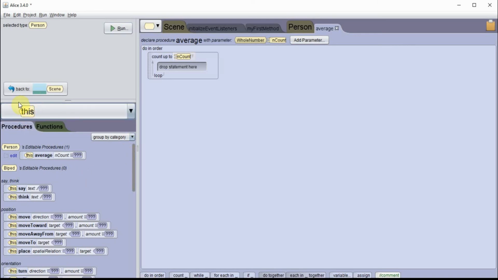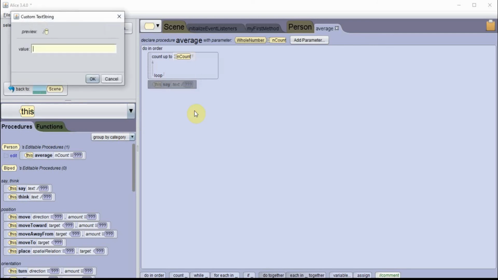And this right here is for any person. I have a person over there. I'm doing this method with the toddler person. So down here outside of the loop, I want the person to say the average of the list of numbers is, with a space,